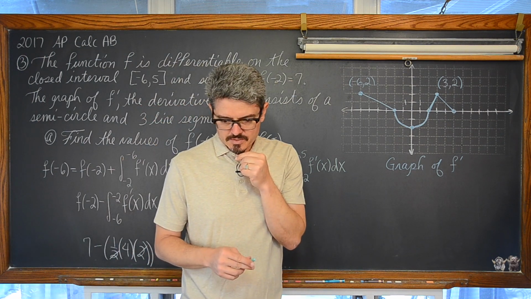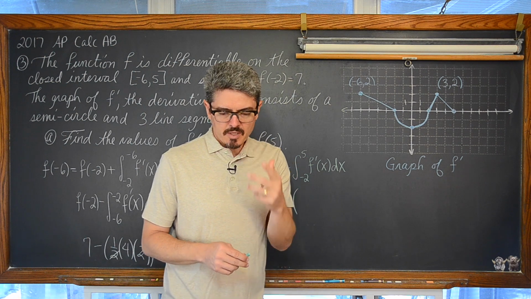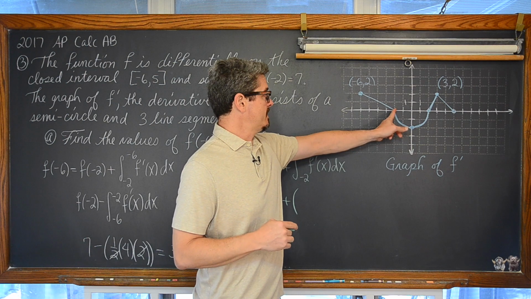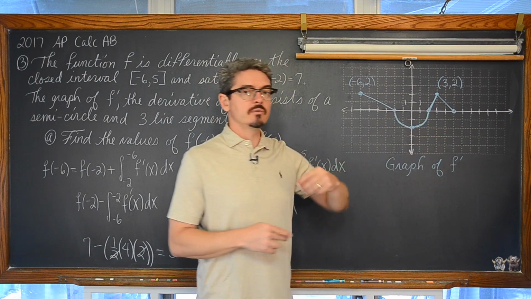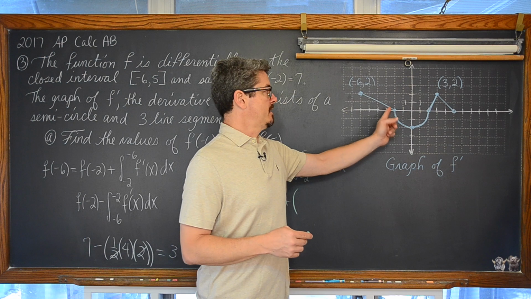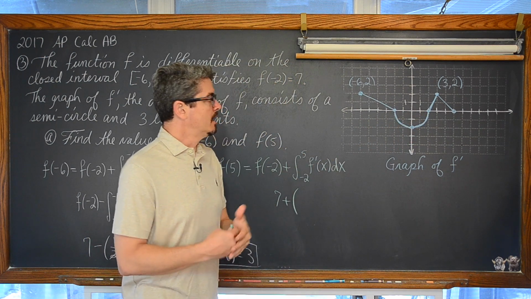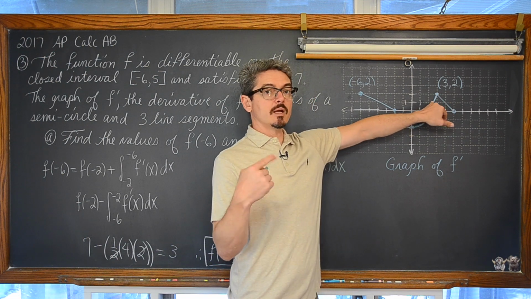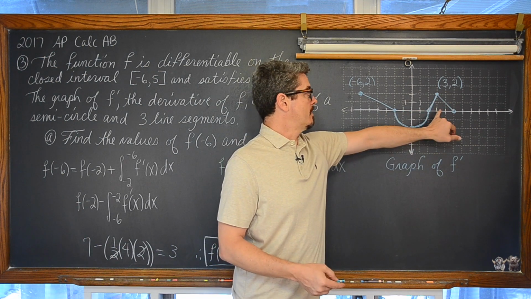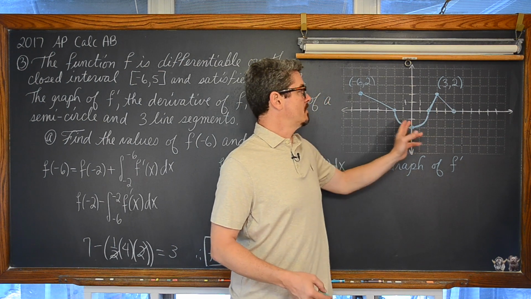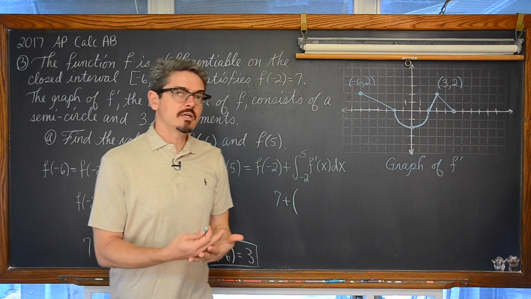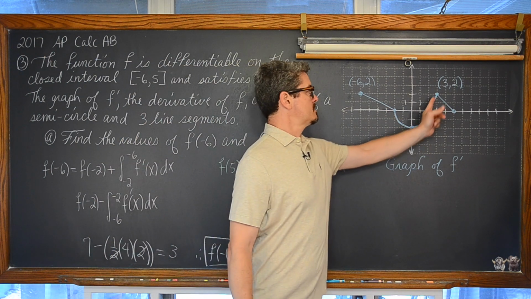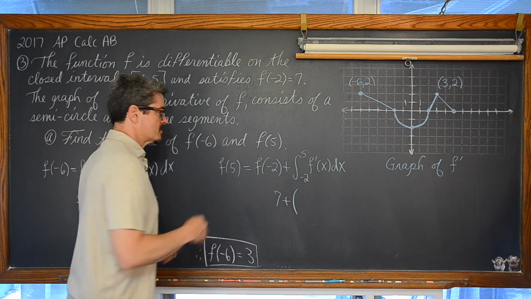They don't do it here, but if you were actually going to need to integrate these functions, you would need 2 integrals. You would need an integral from -2 to 2, because you have some function defining the boundary of that area. Another integral between 2 and 3, because you would have this function defining the upper bound of that area, and another integral from 3 to 6. So if these were actual functions that we would have to integrate and work out the definite integrals, it would require 3 different integrals. But this is a common geometric region. We don't need to do that.